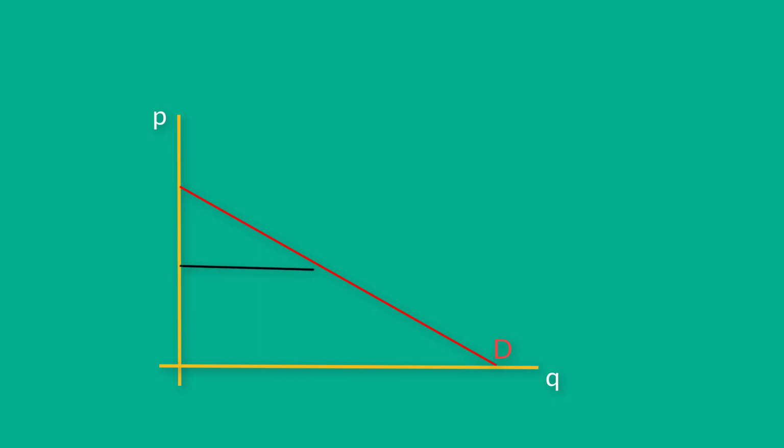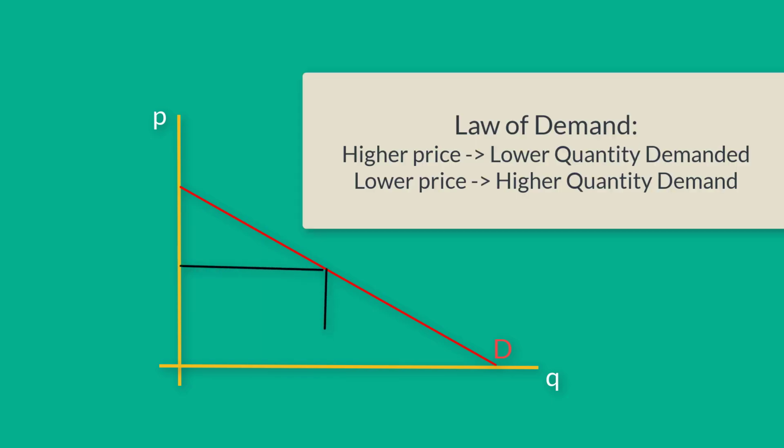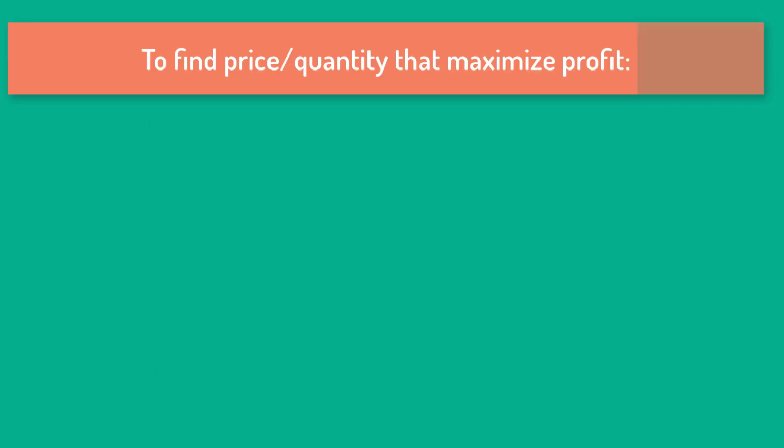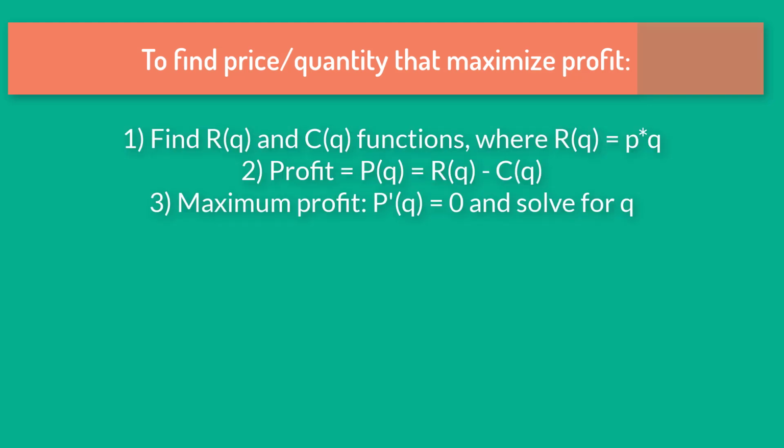The law of demand states that this curve has a negative slope, meaning the higher the prices, the less consumers want to purchase. Since total revenue is price times quantity, or just the area of this rectangle, it's possible that if we were to raise our price to $10 per cupcake, our sales might actually decrease by so much that total revenue declines. So, in order to maximize profits, businesses must choose their prices carefully, and we can demonstrate this